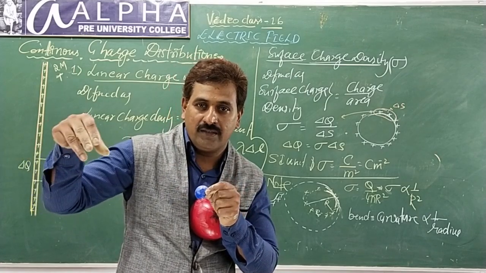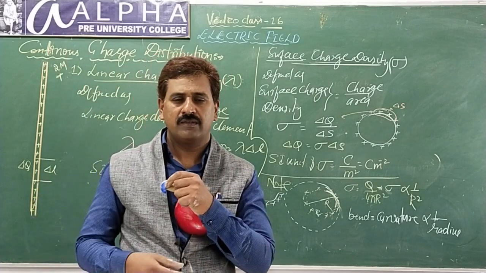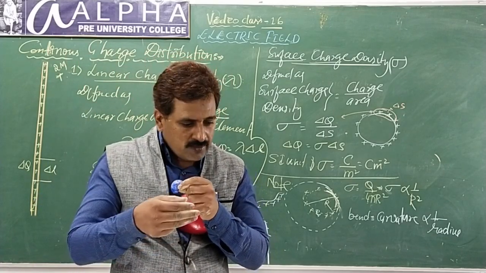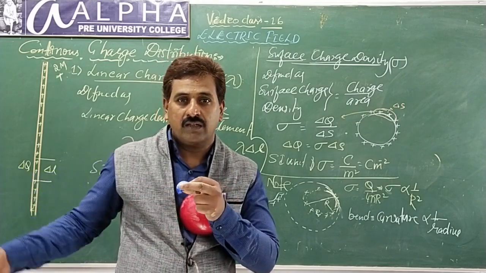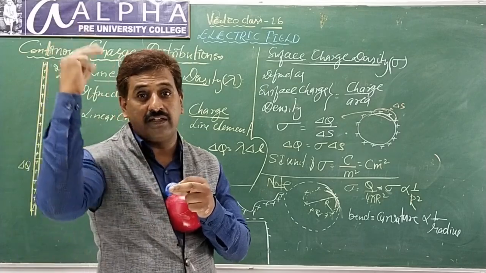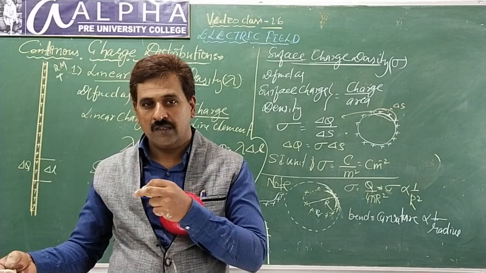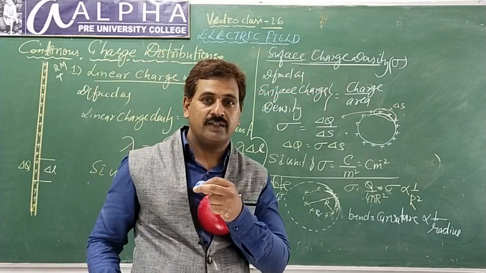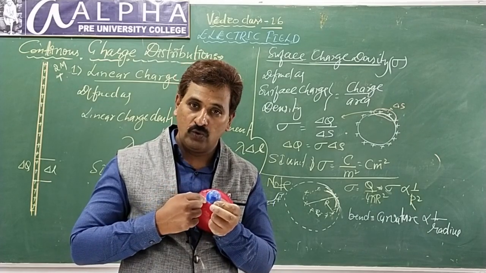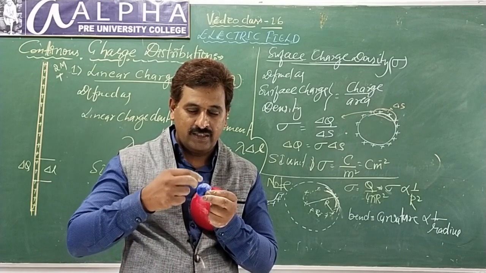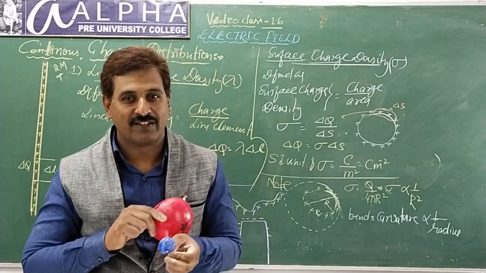In a busy market, there are 1,000 people. Everywhere people, right? But if you distribute them in a very big area, say 10 hectares, you hardly see people around you, right? One there, another there, something like that. So, charges here 1 coulomb, charges here 1 coulomb. Less surface, density more. More surface, density less. That is the difference, students.